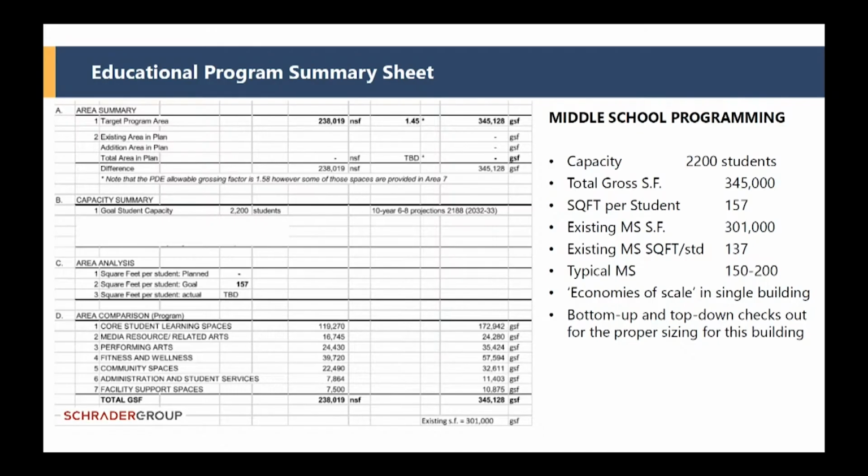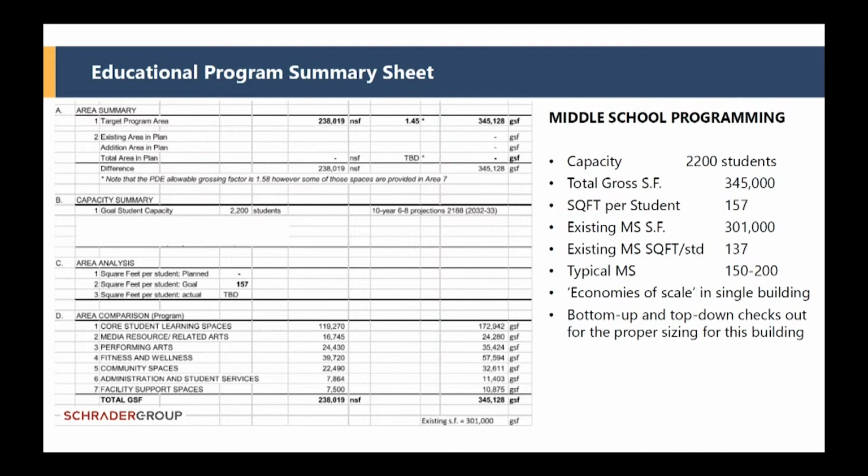And that turns into what you see up at the number 238,000 square feet. That's the net square footage of need. And the way we look at net square footage is the wall to the wall to the wall to the wall. But every time that you do that, you must have circulation space to get to that. You need to have room for all of your building systems and so on. And so we create what is called a gross multiplier, which brings us to a total square footage of a facility. And this has become very accurate over time as we've worked through these processes. That number on the right is that multiple, a gross square footage of 345,000 square feet.